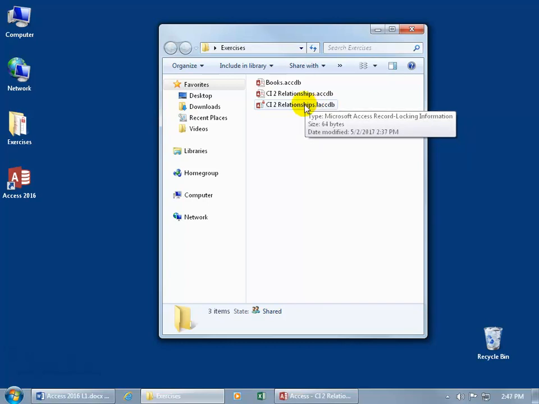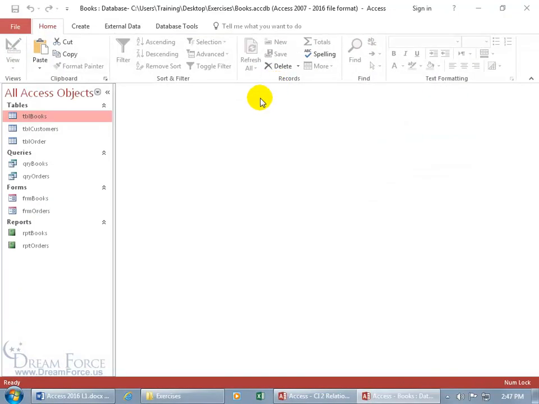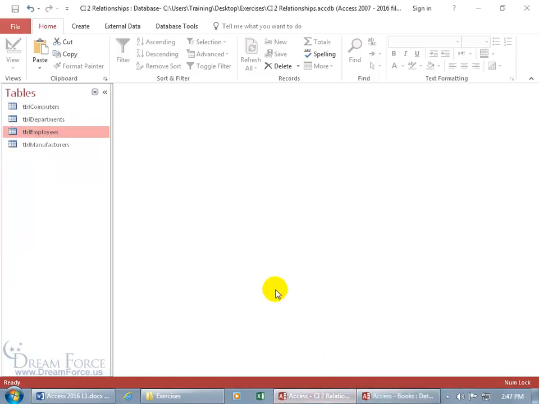But when I close out of the database, then it opens up and it removes this locked, this ghosting as it were, the shadow. In any case, let's go ahead and just open up the other database, books, double-click. And in here, do we see any employees tables? No. So we can go ahead and paste it here, or better yet, let me go back to the original